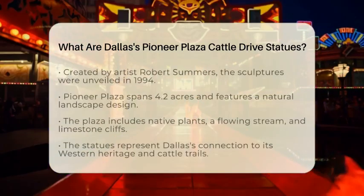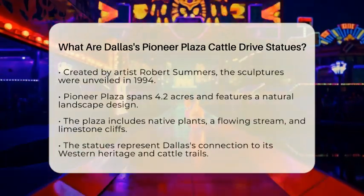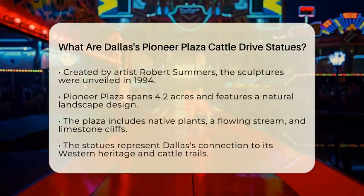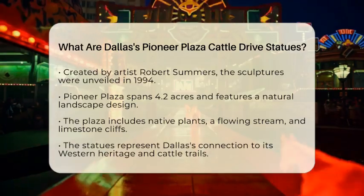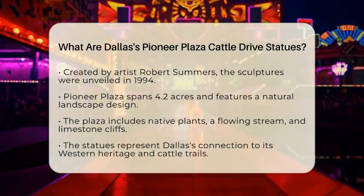Artist Robert Summers created these remarkable sculptures, which were unveiled in 1994. They are part of Pioneer Plaza, a 4.2-acre public space designed to resemble a natural landscape. The plaza includes native plants, a flowing stream, and limestone cliffs, providing an authentic backdrop for this dynamic cattle drive